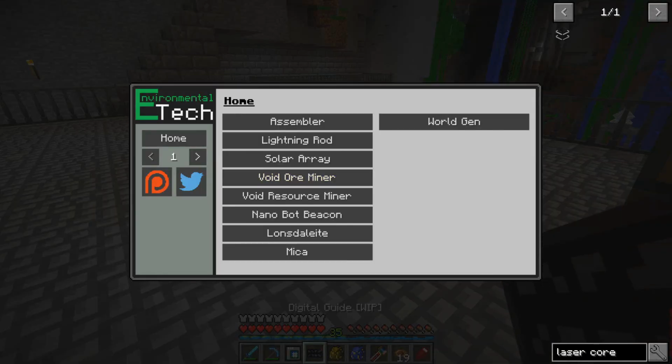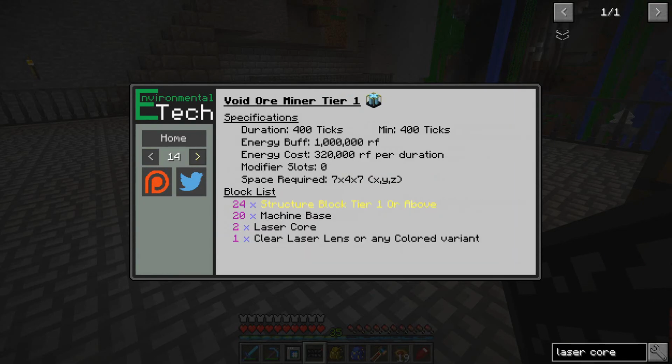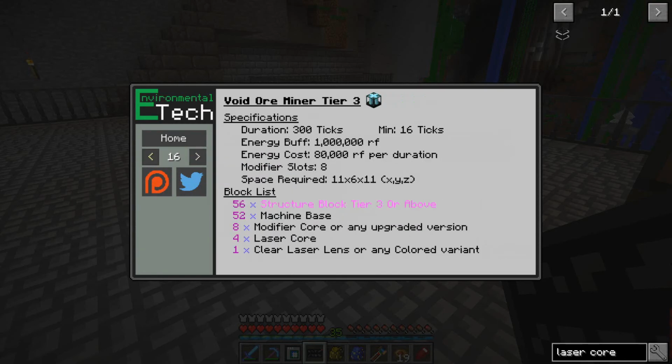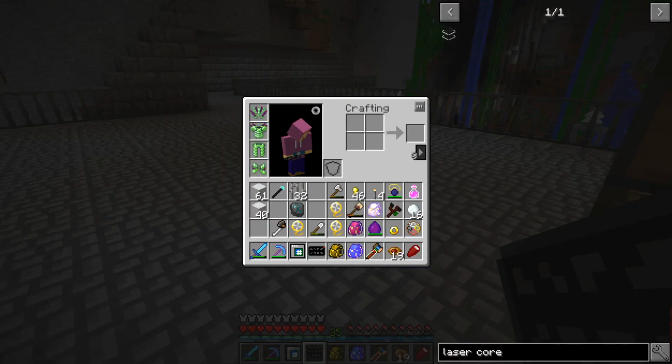And let's just double check what else we need while we're waiting for that. Not that one. So we need a clear laser lens for that. And we also need 2 laser cores for that and a clear laser lens for that. Was it 2 on that as well? 2. So we need 4 of those laser cores actually. Fine. And then the clear laser lens